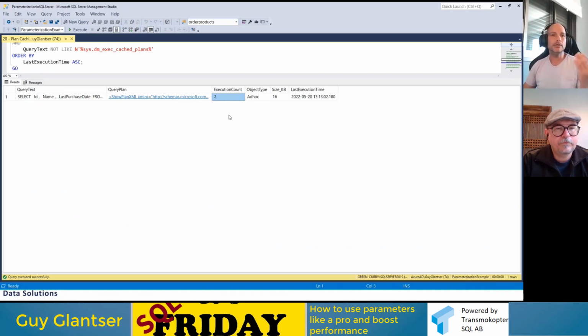And generally speaking, when you look at something like this view in your production environment, you want to see high numbers in this column. Because that's the whole purpose of the plan cache. Otherwise, it's a waste of resources. You want to be able to use the plan cache in a good way, meaning reusing queries and not just seeing here many lines with 1 or 2 as the execution count.